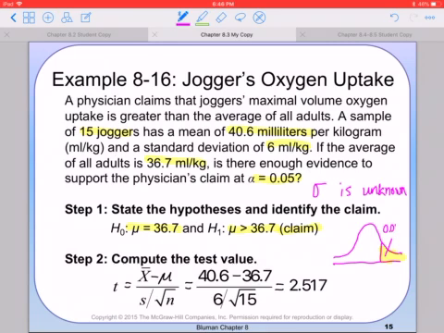We know that our area is 0.05. We look up in the t-table 0.05 on a one-tailed test, and then the degrees of freedom. How many people did they ask? 15 joggers, so that's 15 minus 1, so our degrees of freedom is 14. When you look that up,